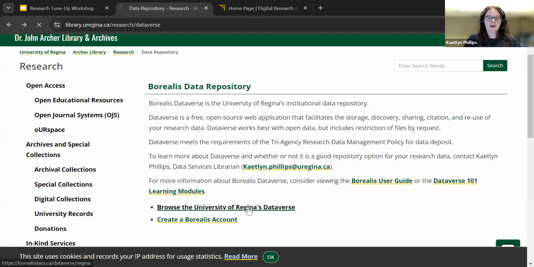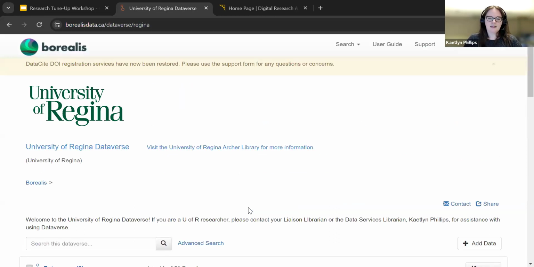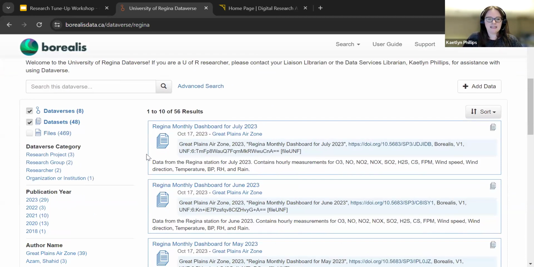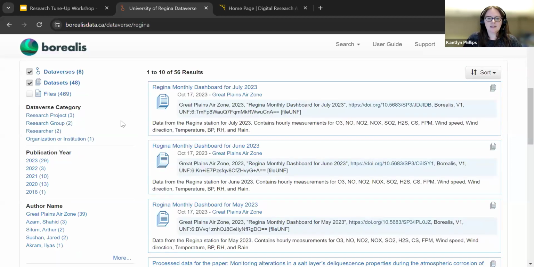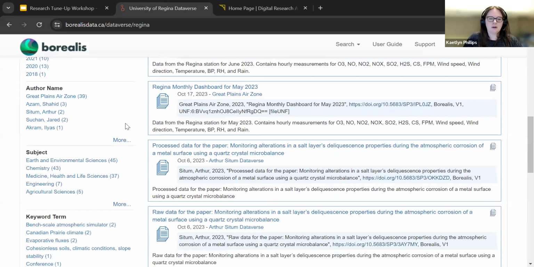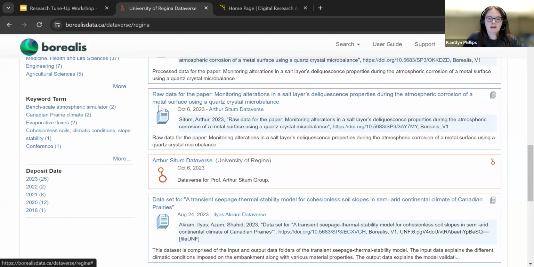So this is what our Dataverse instance looks like. You can see we have 56 openly available data sets in here. We have partnered with one of the air quality nonprofits, so quite a bit of the data comes from Great Plains Air Zone. But if you click on a data set,